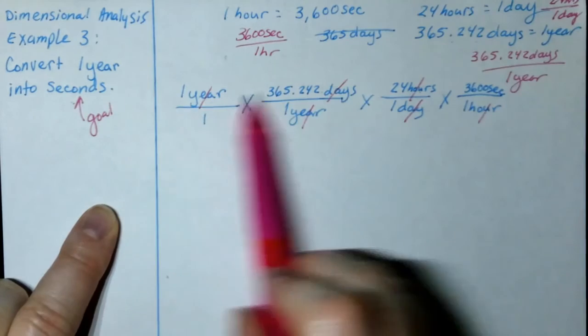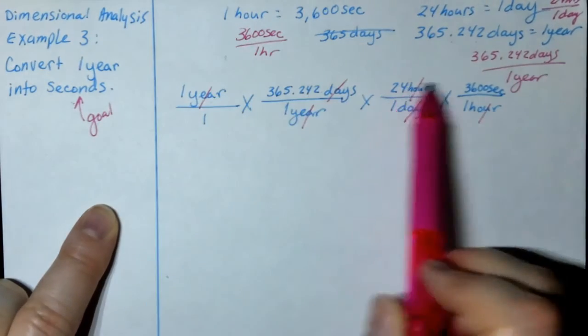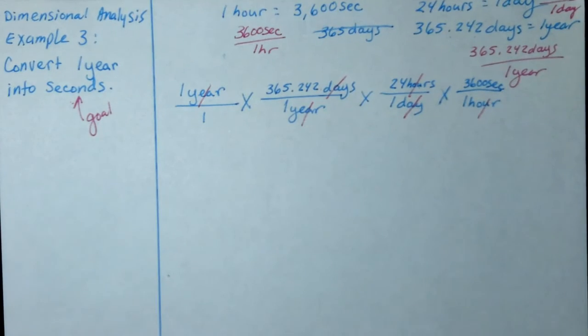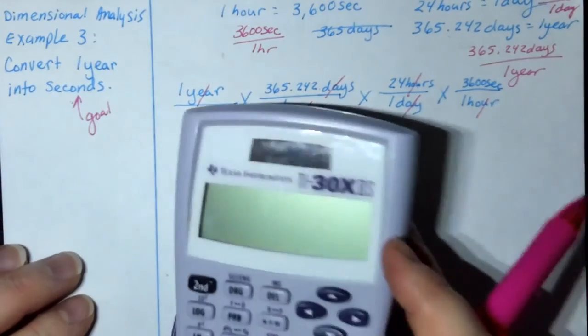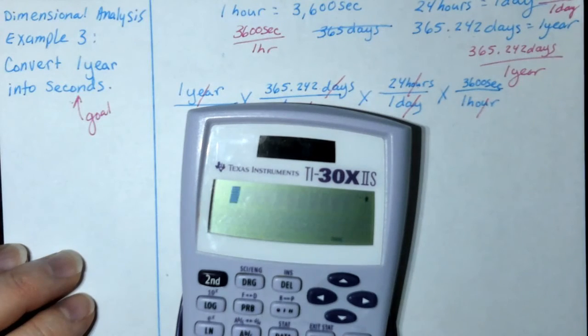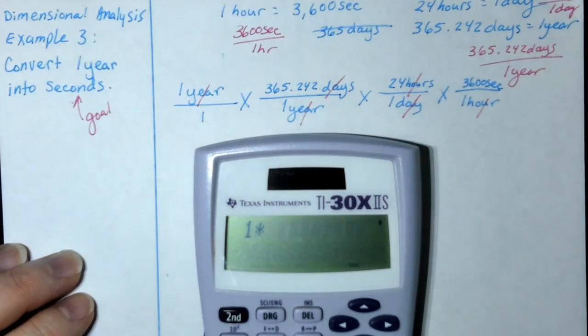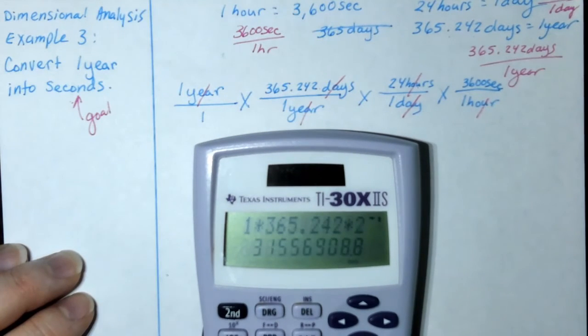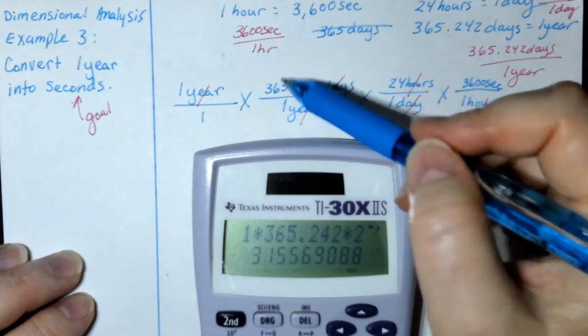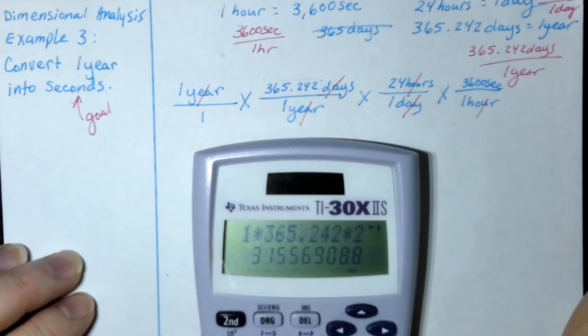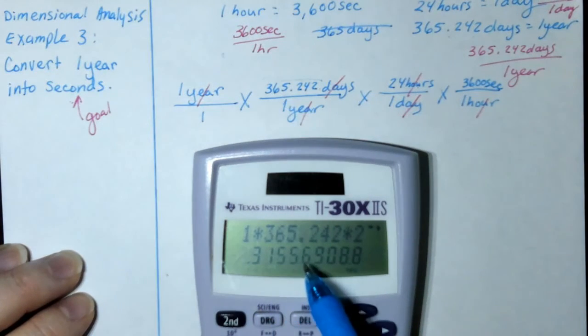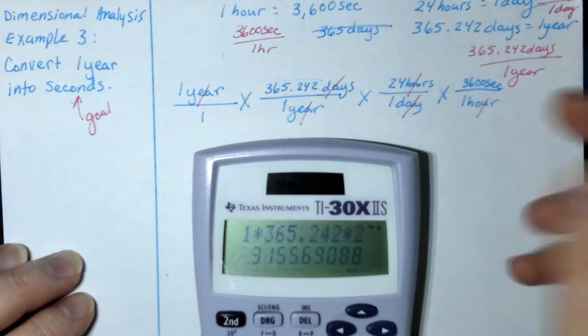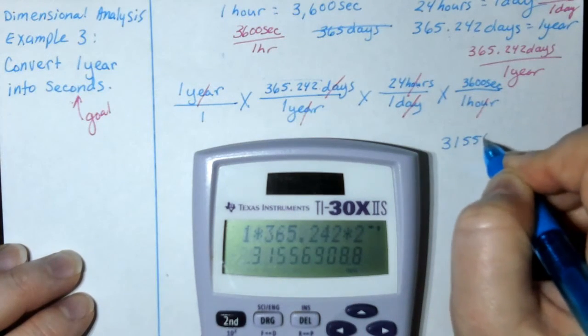So no matter what, I can get the correct answer as long as I multiply correctly. And rather than bore you with a multiplication lesson, we're in science, not in math. So I'm going to do 1 times 365.242 times 24 times 3600, and that is a large number. I'm going to round it to 6 significant figures. So 1, 2, 3, 4, 5, 6. I'm going to cut it off at that 9. 3, 1, 5, 5, 6, 9